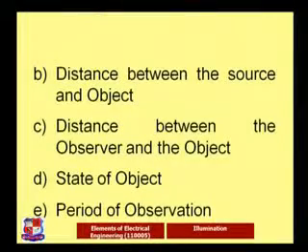Mind well, the illumination level depends on all these things. According to the application and requirement, these things are going to be changed. The next one is the distance between the observer and the object. Now we have previously discussed 2 points. The same one, the distance between the object and the source is important.